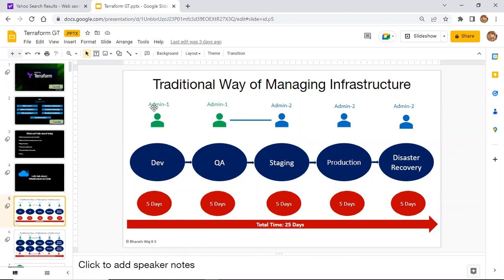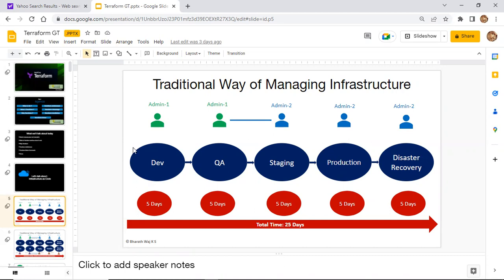Each admin is responsible for creating particular environments. Say, for example, this admin is creating dev and QA, two environments. Then admin 2 is creating staging, production, and disaster recovery.